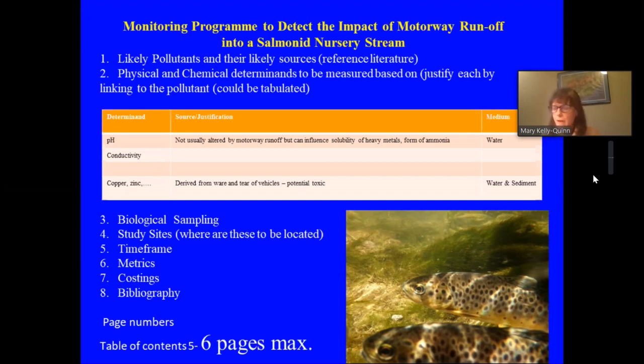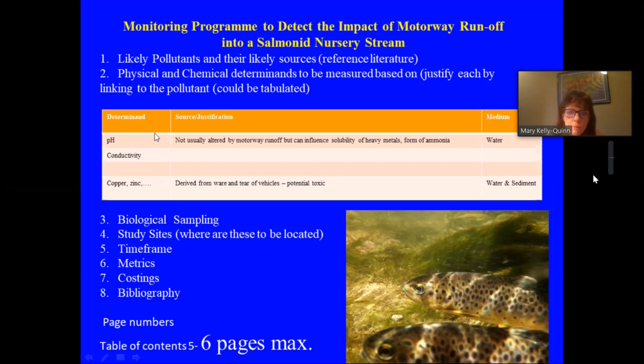So rather than picking everything, you could come up with an enormous list. But if you're designing a monitoring program, you have to be specific to the problem that's being investigated. Otherwise, the costs are just too unrealistic. So I thought a useful thing might be to produce a table like this, where you take, say, pH,